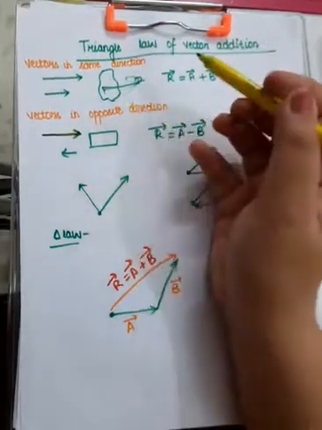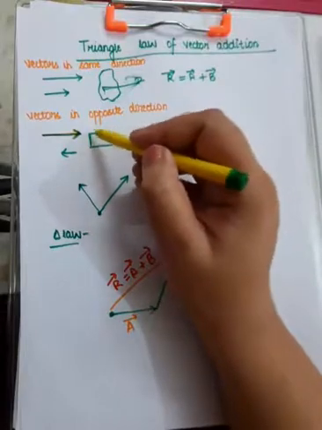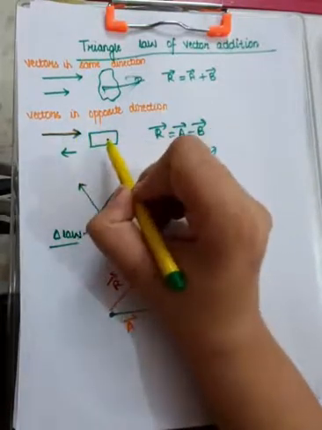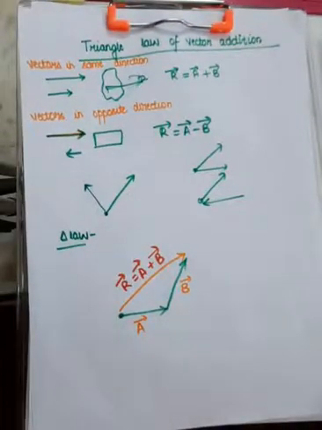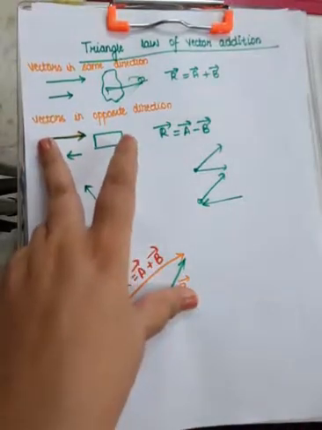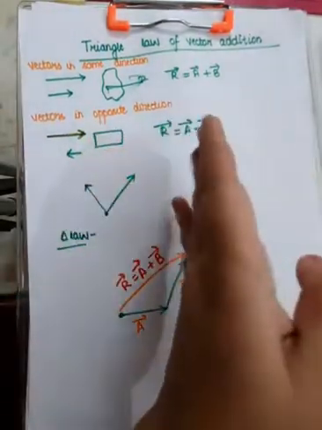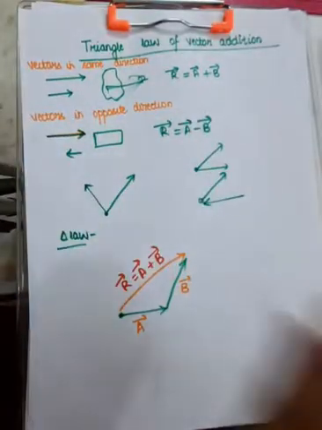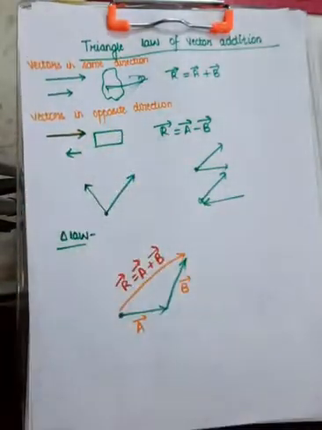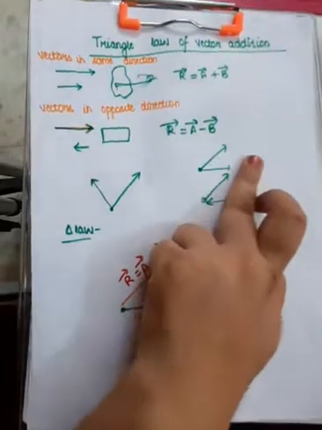Similarly, when the vectors are acting in opposite directions, like this is some object, one person is applying a force in this direction, the other one is pushing it like this. So these two vectors are acting in opposite directions. Again, there is no problem in finding out the overall effect. Suppose some 50 newtons is acting over here, some 40 newtons is acting in this direction. So the overall effect is 10 newtons acting over here, because 40 will be cancelled by 40 newtons out of the 50. So R vector equals A vector minus B vector.